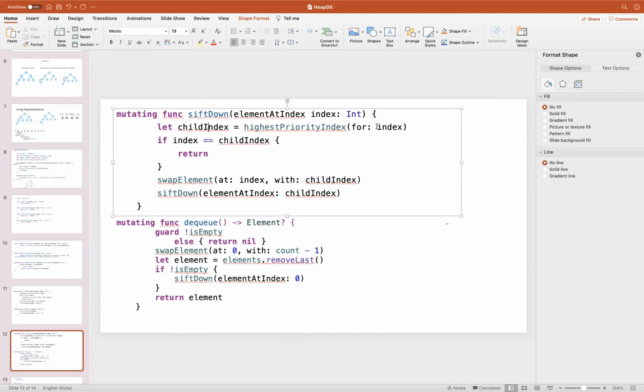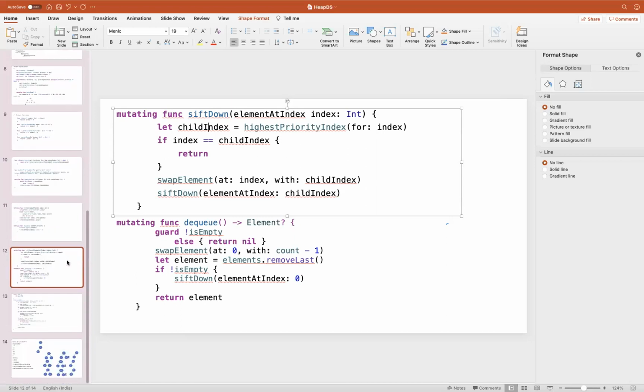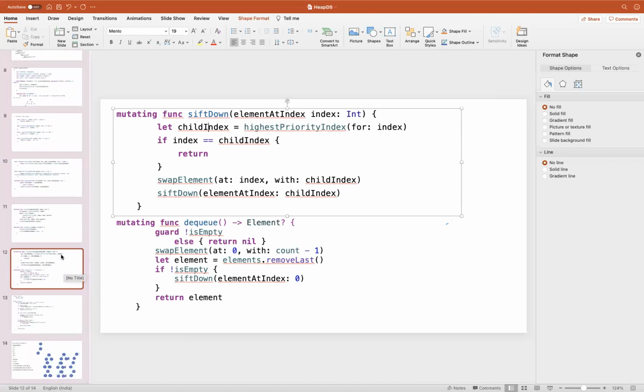Okay. Is it shift down or shift up? Anyways, that's a basic programming error. Yeah, the concept-wise it's clear.